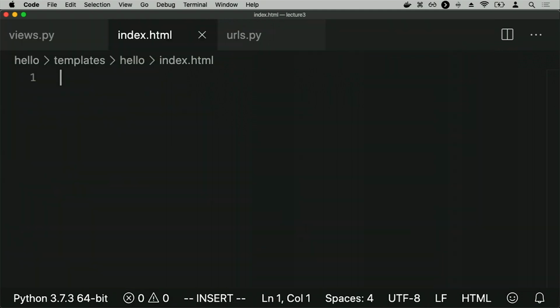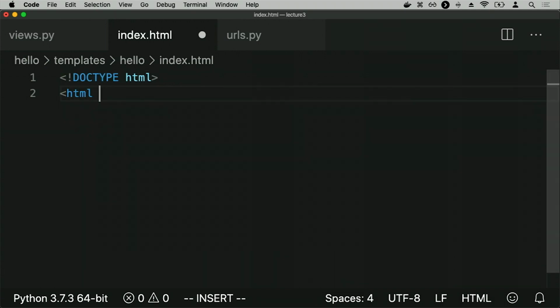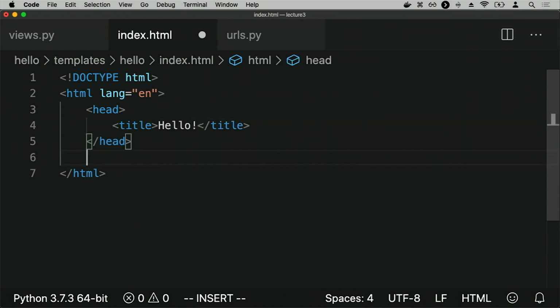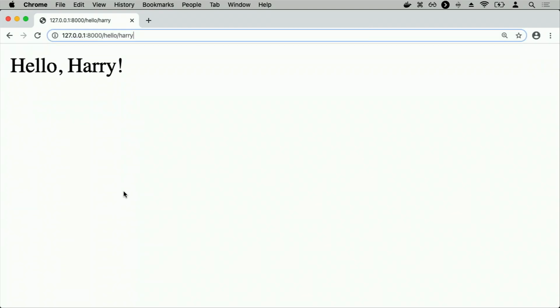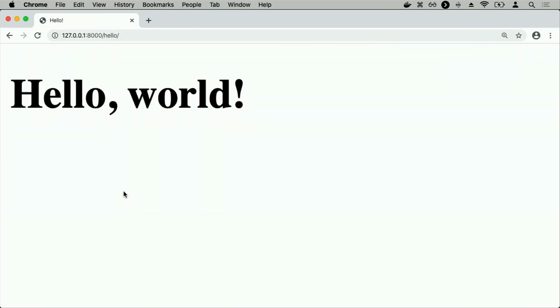And this index.html can contain any HTML content, same as we've seen before. So I could add that doc type, the HTML tag, a title of hello, and maybe inside the body, I'll have an h1 that says hello world, for example. And so I can have an entire HTML page just like this. And now, when I visit the default route of my web application, by going back into my web browser and just going to /hello, for example, now I see that HTML that I've defined inside of index.html. It's a big h1 that just says